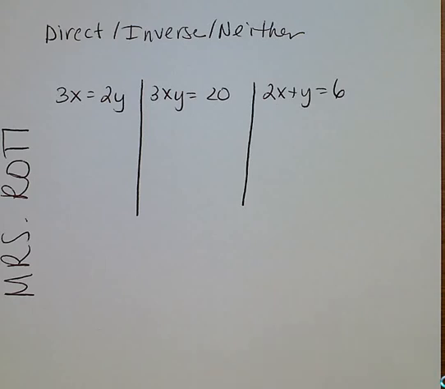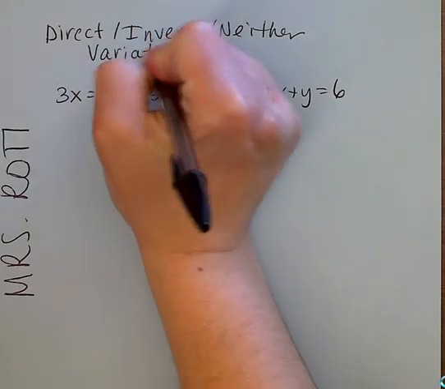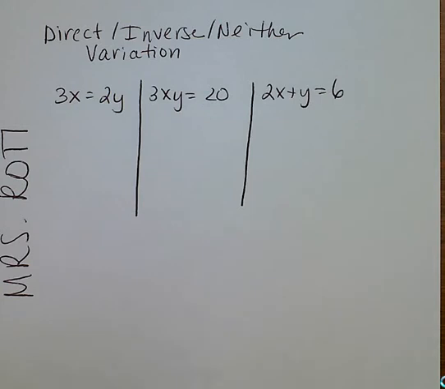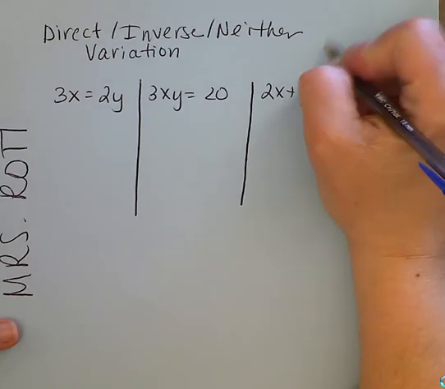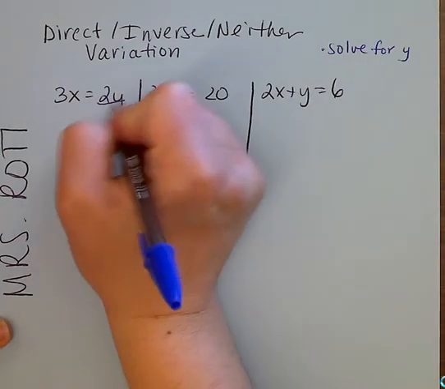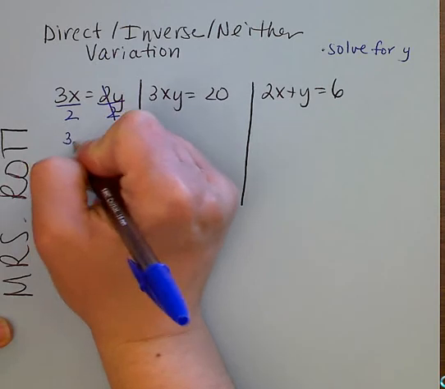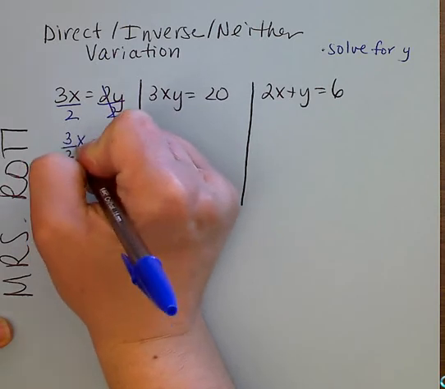In this section, we are going to discuss direct and inverse variation. Of course, everything in the world doesn't necessarily need to be direct or inverse variation, so we can see examples of neither. The big idea would be to solve for y first. So I'm going to do that by dividing by 2 and get that y is equal to 3/2 x,